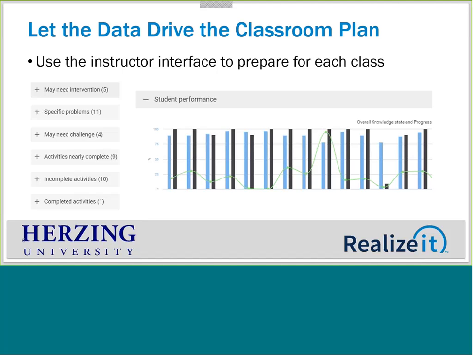And just some other things that we can see here. So the key to this, with letting the data drive the classroom plan, is if you know in Unit 1 you need to cover Chapter 1, you no longer go in saying, I'm going to cover all of Chapter 1 today. You're going to visit the instructor interface and say, okay, so my students need to see this topic as a whole. And then maybe think about some smaller groups. So this group of students is struggling here, so do a mini lesson with those while the others are working on something else. So instead of standing in front of the class and talking to the students about Chapter 1, now you're giving very targeted information regarding that chapter and those topics that you know the students need.